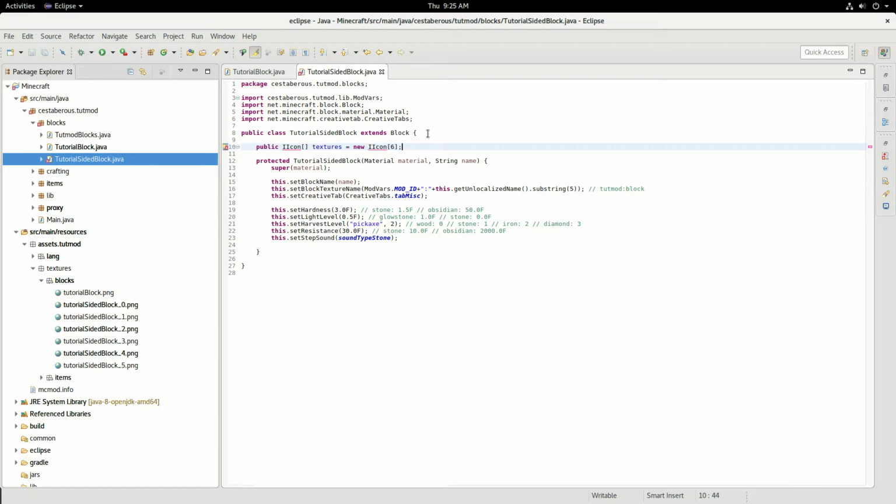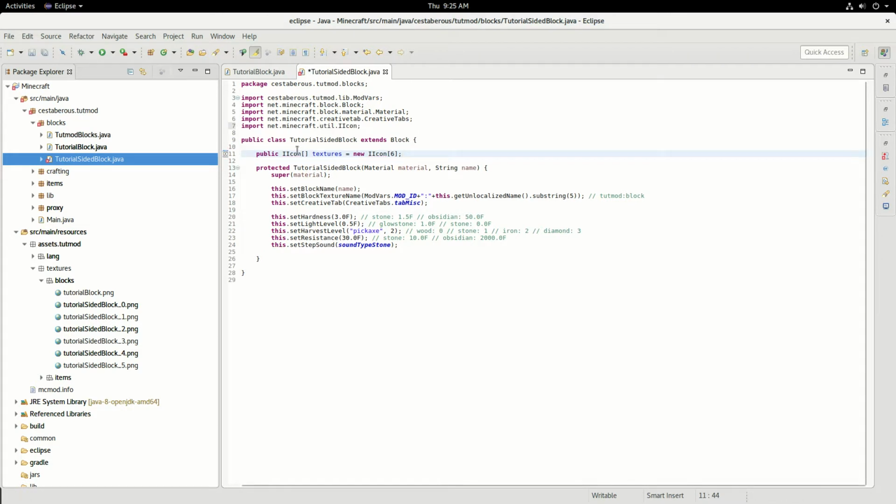Tell Minecraft that we're going to have 6 items. Control-Shift-O to import the icon interface. Now the icon interface holds information telling Minecraft where these icons are located. These texture sides are located in the texture map once it creates the texture map during the pre-init stage. So we're going to customize the method by which Minecraft registers those different sides, and tell it that it needs to do it for all 6 of these